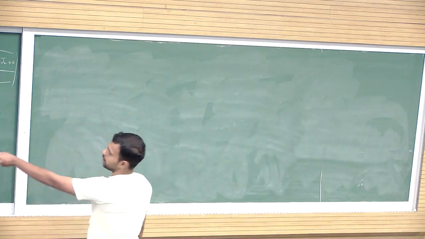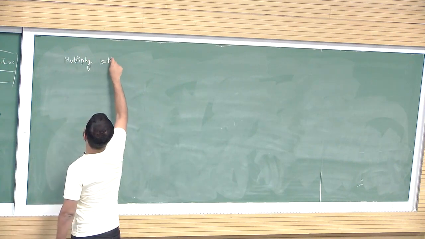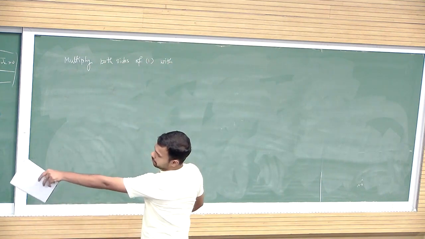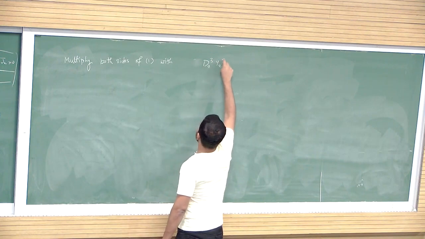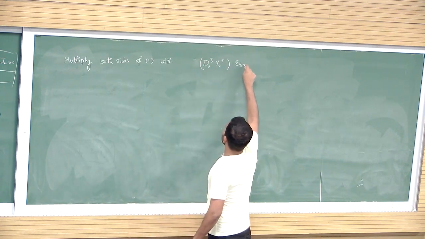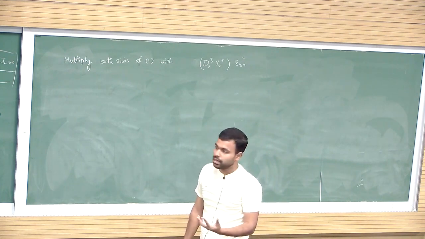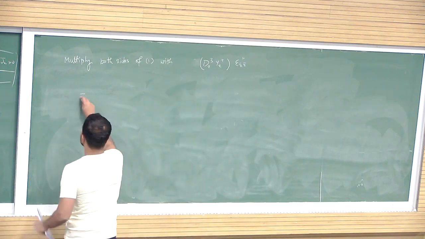So what you can do is that you take the first line of the soft theorem here, we call it equation 1. You multiply both sides of 1 with that term, say d z cube Y z plus times epsilon z bar. You multiply both sides by this term and you integrate. So when you integrate, you can use this identity and you can write the whole thing as